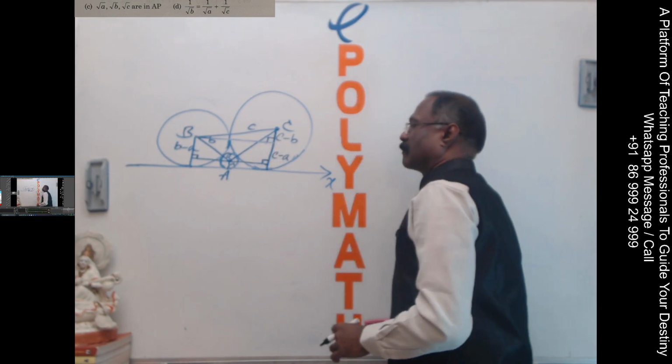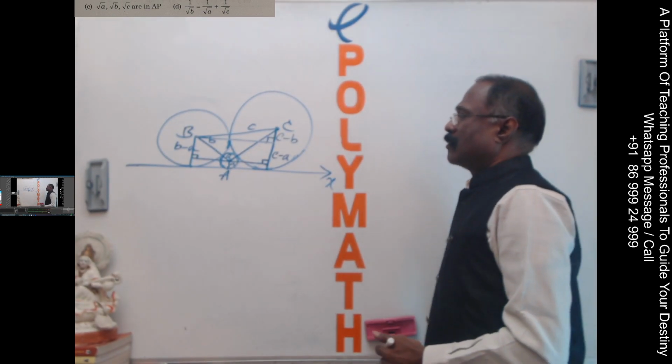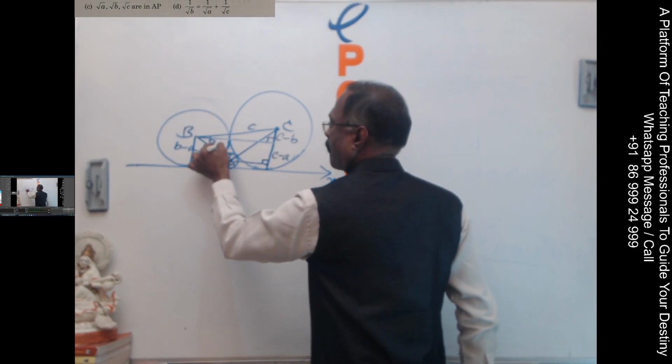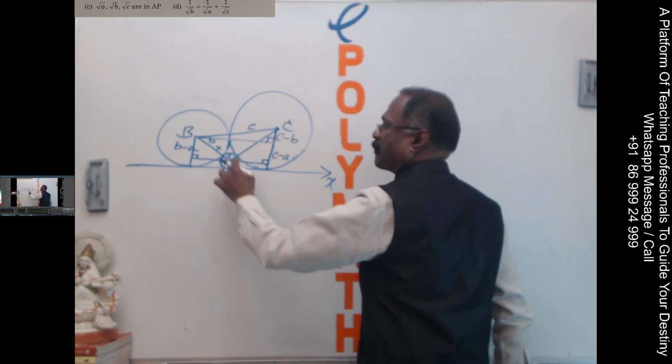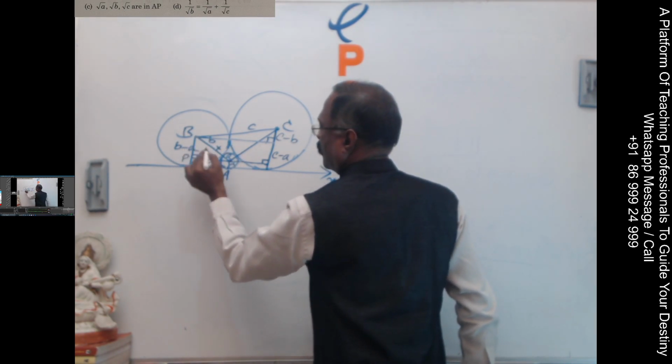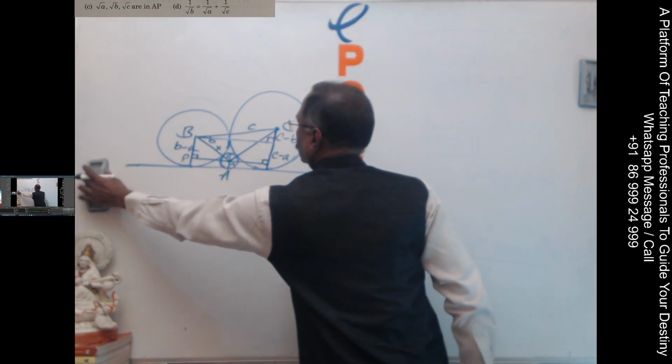This is right angles. Now what happens? What happens here? This is B plus A. Hypotenuse B plus A. Let me name this P, Q,